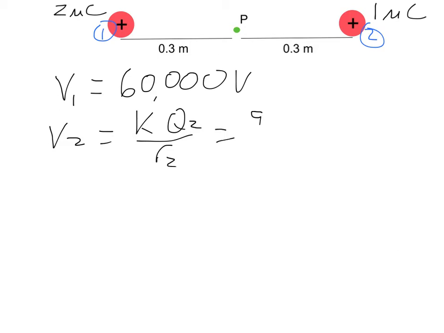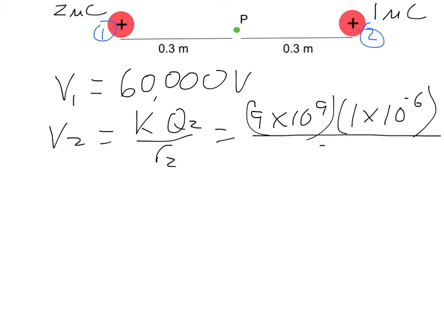K is Coulomb's constant, 9 times 10 to the ninth. Charge 2 has a value of 1 microcoulomb. And remember again, I need to plug this into the formula in coulombs. And so I need to convert micro into standard coulombs by multiplying by 10 to the negative 6th. And I divide by the distance of 0.3 meters. And again, 0.3 is already in meters, so there's no need to convert. So the voltage from charge number 2, if you calculate this out, is